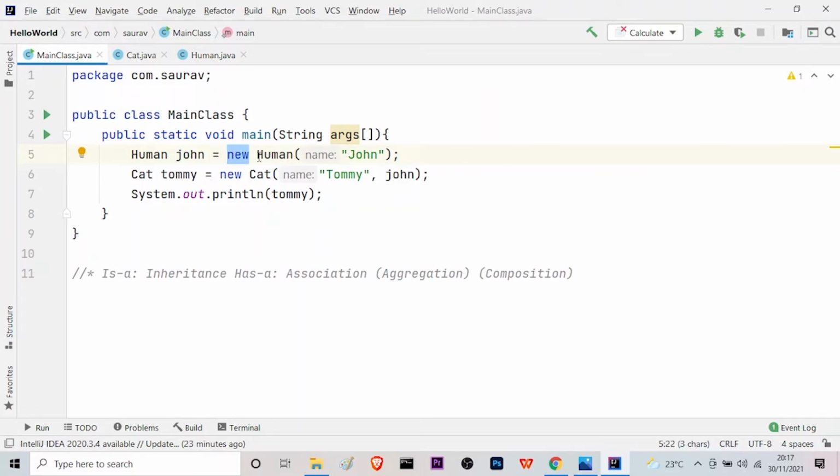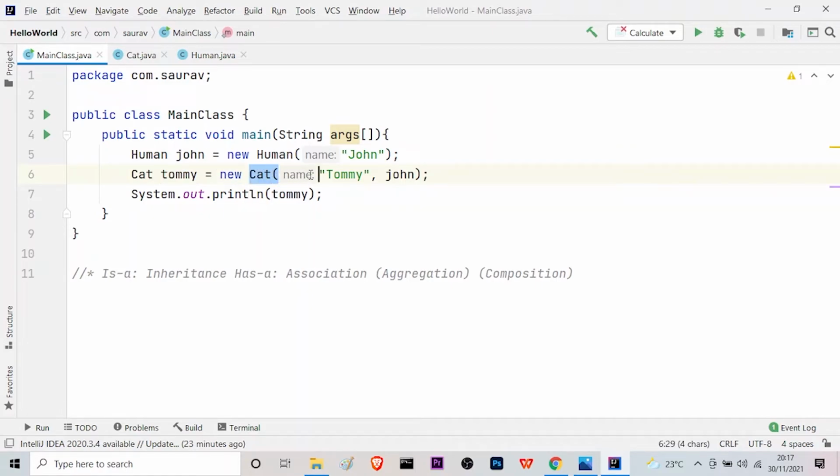Then again I call my Human class and provide the attribute, which is the name. Here I have taken the name to be John. And then I have called my Cat class, and here I have created another object, Tommy, by using the new keyword.